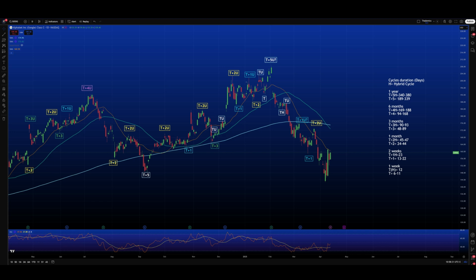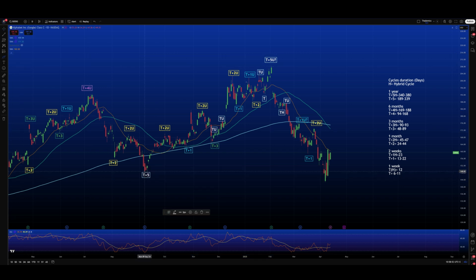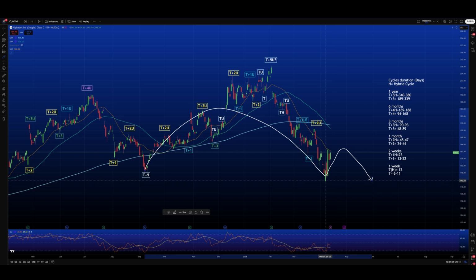On Google, unfortunately, we have the same situation as for Microsoft. So here we have this low that was done on the 7th of April that is lower compared to the low from which the T plus 5 cycle started on the 9th of September 2024. If we gauge the total duration, this yearly cycle has reached 144 bars, so definitely far away from 189 bars, which is the minimum duration. This cycle is turned into a negative one before its minimum duration. So here we can expect just a bounce to the upside and then a return to the absolute lows.